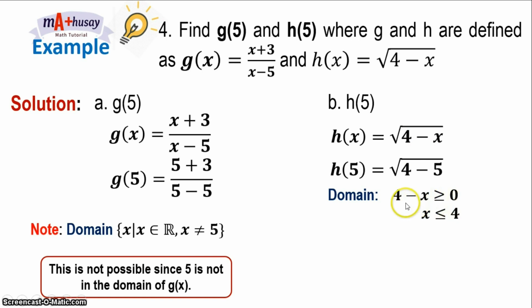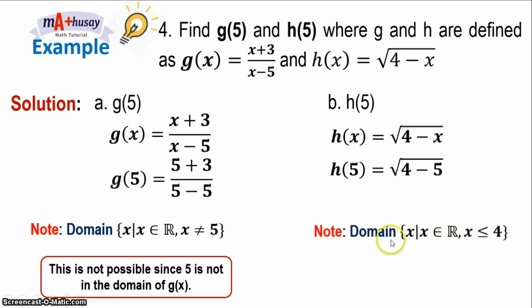So, kapag i-evaluate natin, mag-a-add tayo ng negative 4 to both sides of the equation, we have negative x greater than or equal to negative 4. So, since magde-divide tayo ng negative 1 both sides of the inequality, we'll have x less than or equal to 4. So, dapat yung set of domain natin ay lahat ng real numbers na x, pero hindi pwedeng mas malaki sa